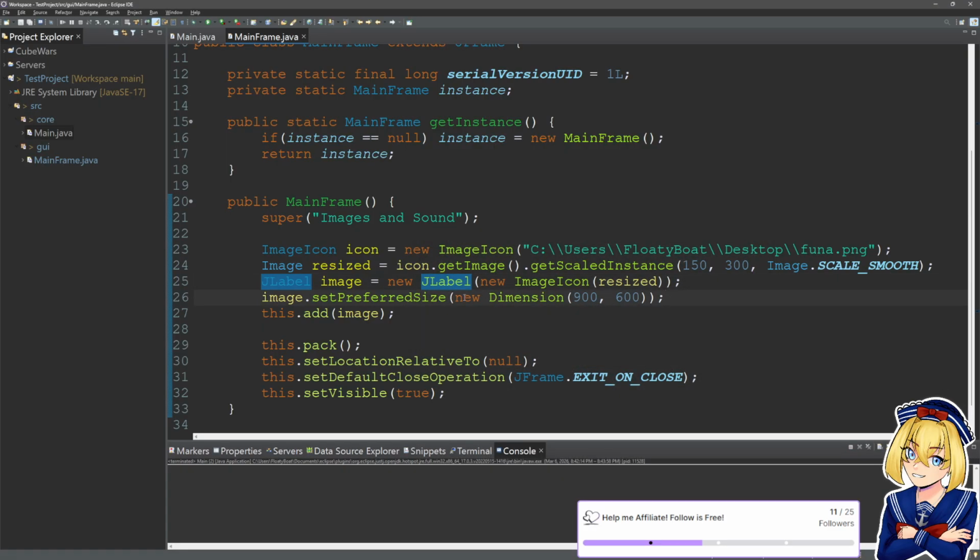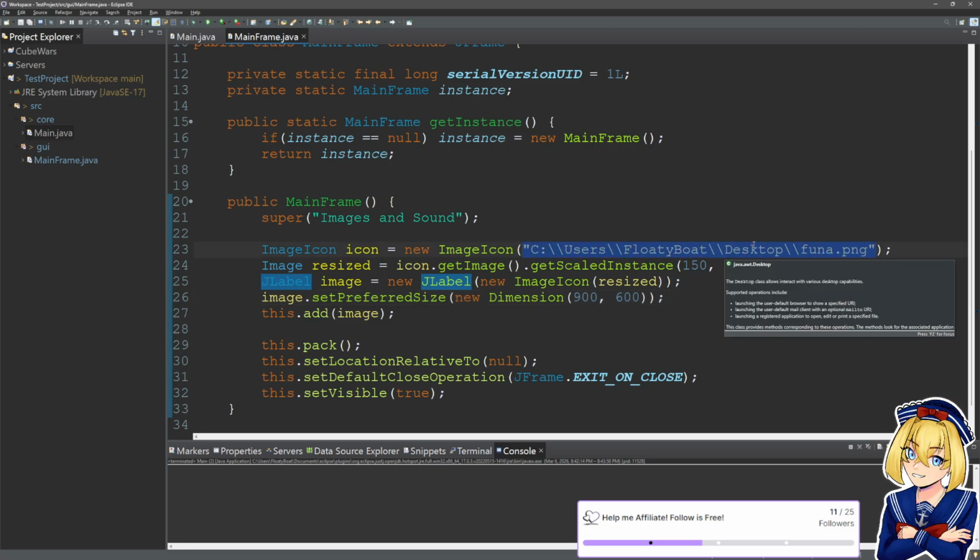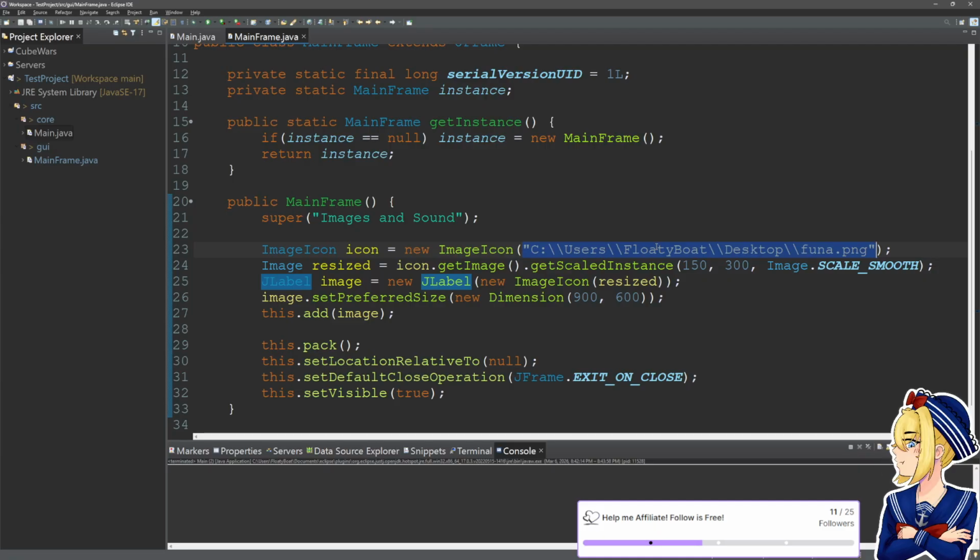Now you're thinking, okay, we did it in a way that we haven't made a game before. And I want to point out, we are loading this from a location on our hard drive. This is not going to be inside of the jar that you export, but there is a way to load it from the jar and then use it once it's loaded. And that's the way I prefer.